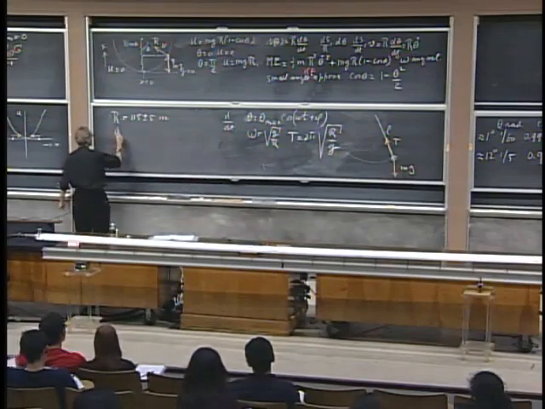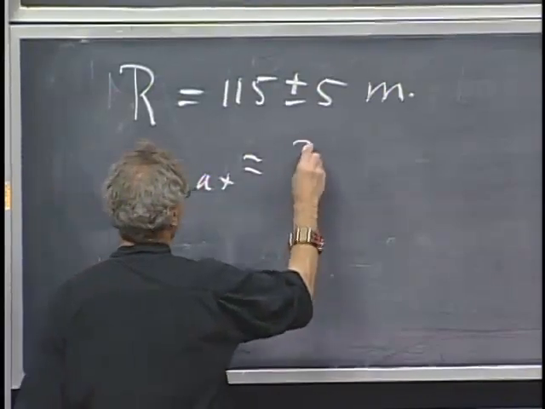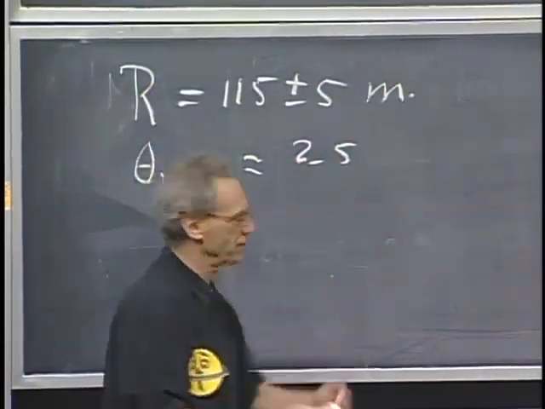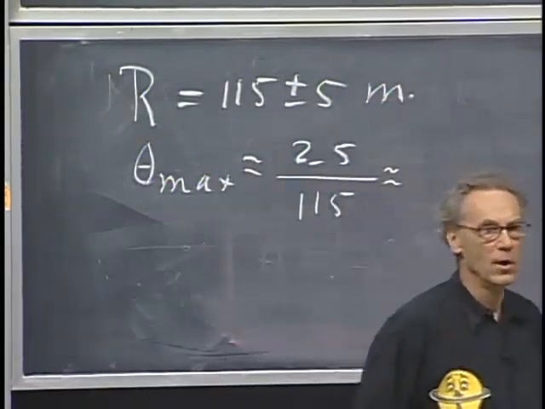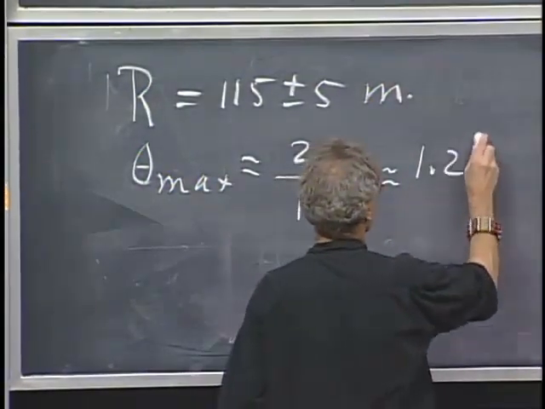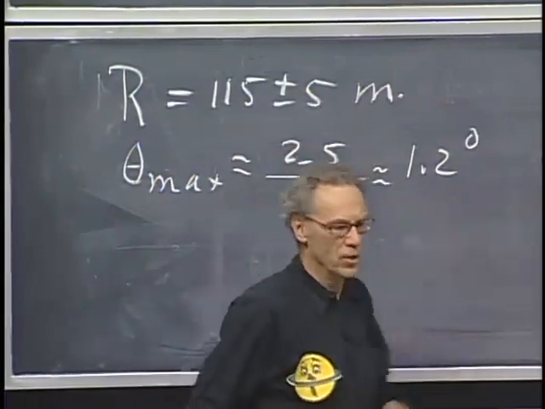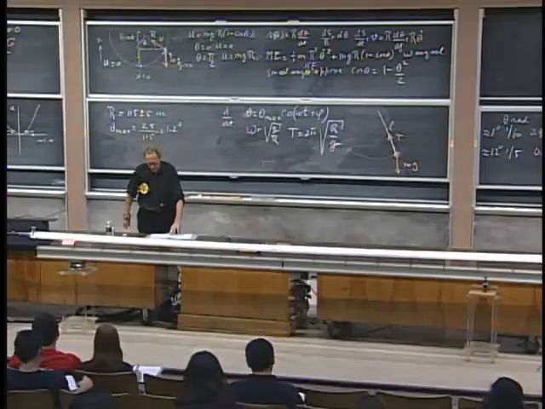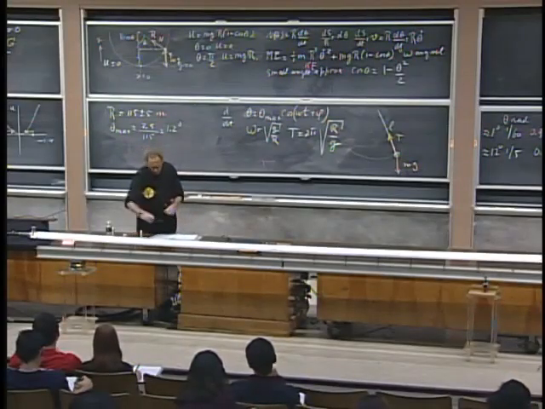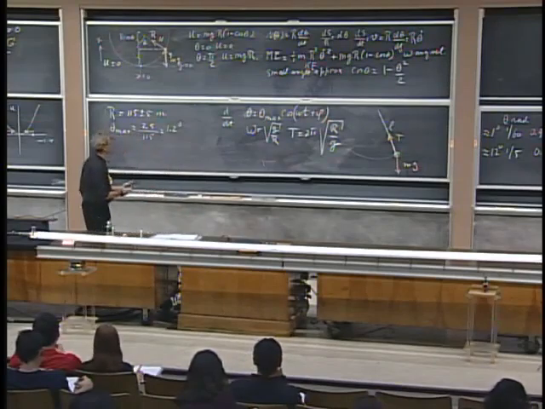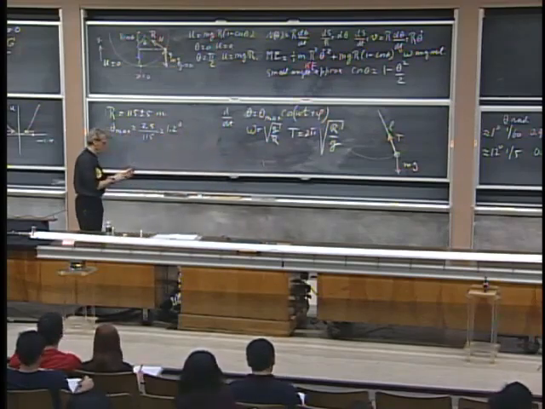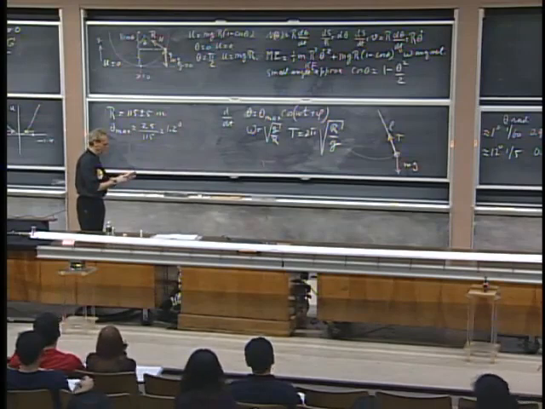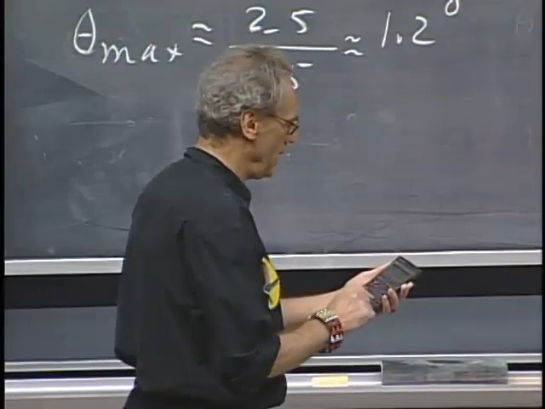So the angle theta maximum is approximately 2.5 meters, which is half the length of the track, divided by 115, and that is an extremely small angle. That is about 1.2 degrees. Of course, this is in radians and this is in degrees. So the angle is very small, so we should be able to make a perfect prediction about the period. And I'm going to do that. I take 2 pi times the square root of r over g, and r is 115. I divide it by g. I take the square root, I multiply by 2, I multiply by pi, and I get